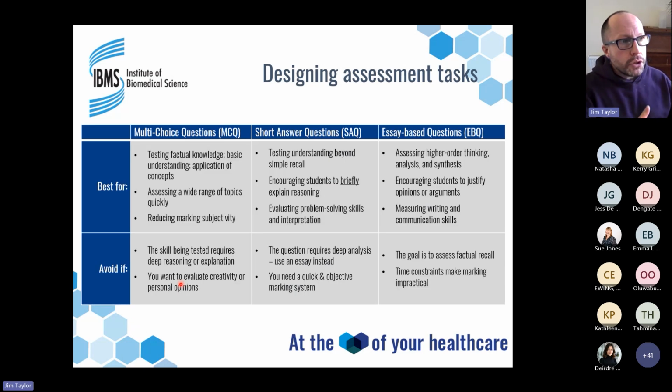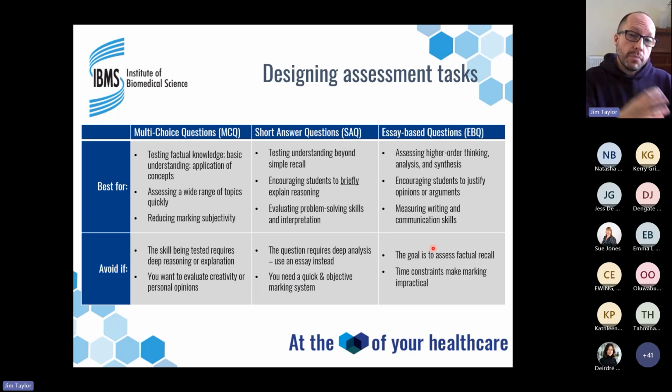So the three most common assessment tasks that I saw when I did a bit of a look through what evidence comes in through the Reg portfolio at the minute were multiple choice questions, short answer questions, and essay-based questions. So what I'm going to do now is spend the next 5 or 10 minutes talking predominantly about these, because